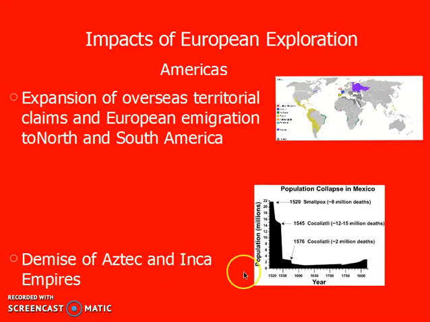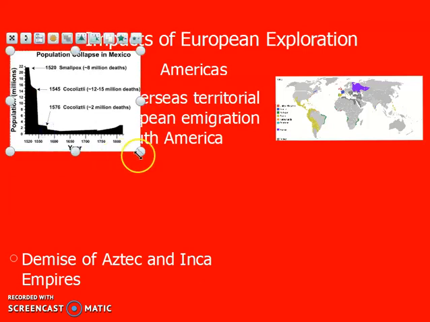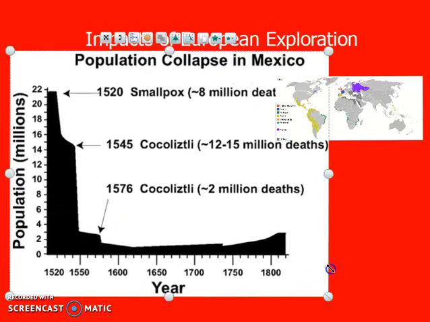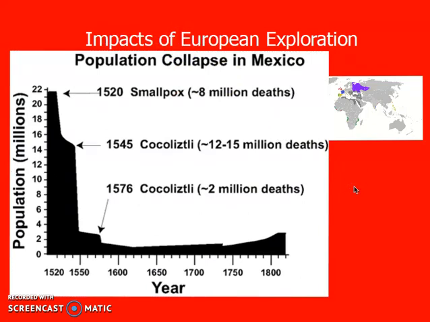You also have the demise of the Aztecs and the Inca. It's just that there's a lot of death, largely attributed to Spanish warfare, Spanish guns. But also, if you look at this chart, in 1520, the population of Mexico was just shy of 22 million people. And by, say, 1550, 30 years later, that number is right around 3 million. They lose 18 million people in 30 years in Mexico,